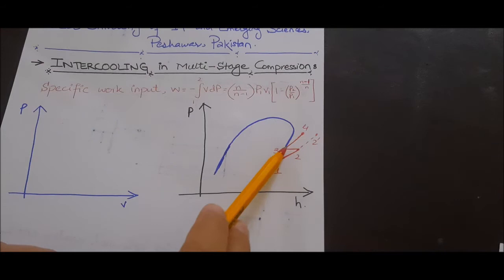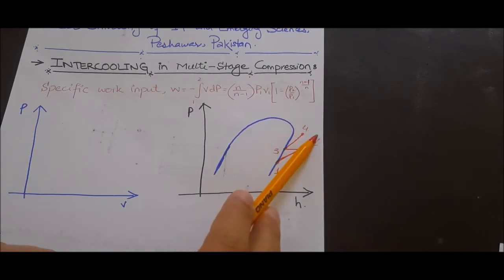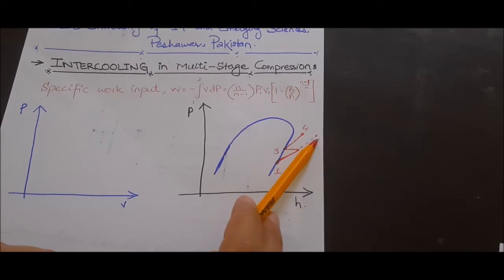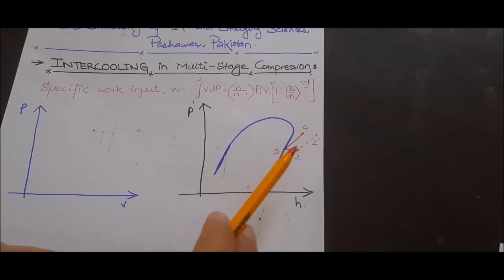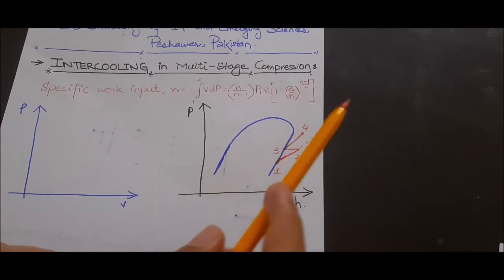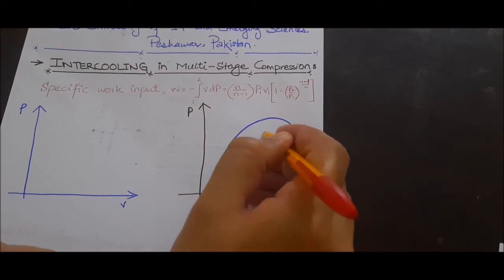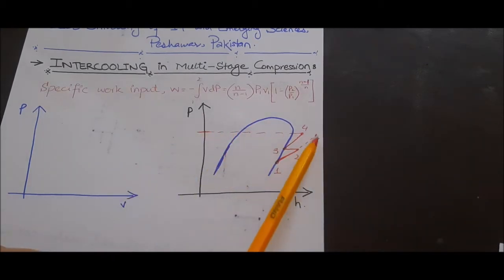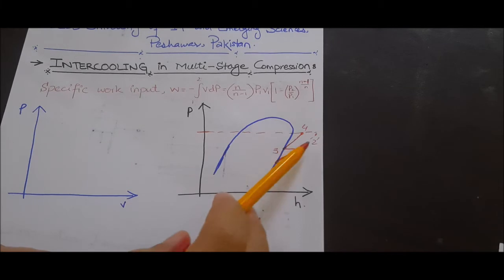So you can see that the pressure has been raised to the same level, which is 2 dash, which would happen if we performed this compression in a single stage. अच्छा, चूंकि हम इसको सिंगल स्टेज में नहीं कर रहे हैं, तो हमने इसको 1 से 2 पे लेके गए, जाना इसे 2 डैश पे था अगर सिंगल कंप्रेशन होती, लेकिन हमने इसको उसी प्रेशर तक पहुंचा दिया। If you can see, the pressure of P2 dash is the same as that of P4.